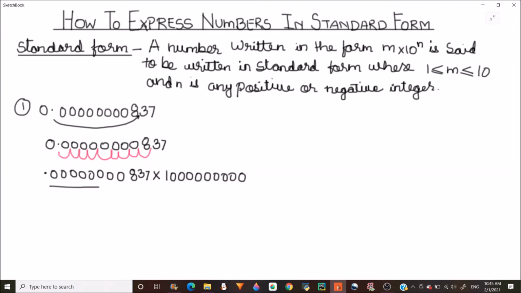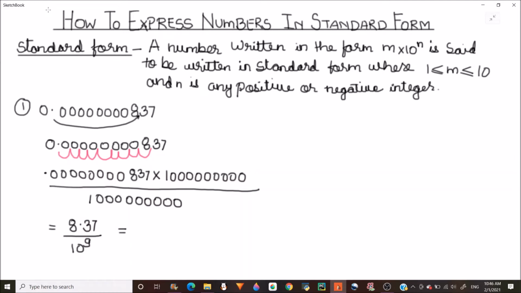And as we are multiplying this number by 1 followed by 9 zeros, we have to divide this number by the same quantity to keep the value of the number unchanged. Now the numerator will become 8.37 and the denominator will be 10 to the power 9. Now as 10 to the power 9 is in the denominator and we need to write the standard form, which is m times 10 to the power n,